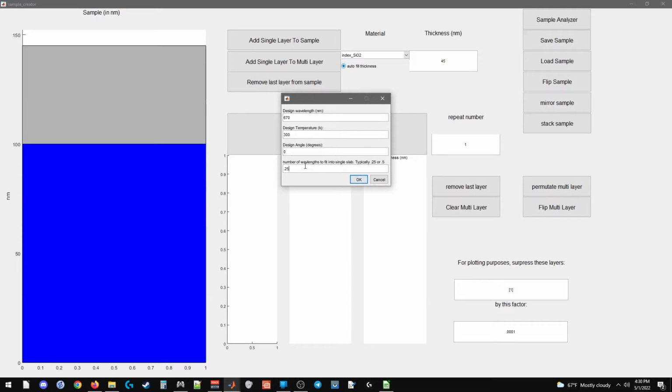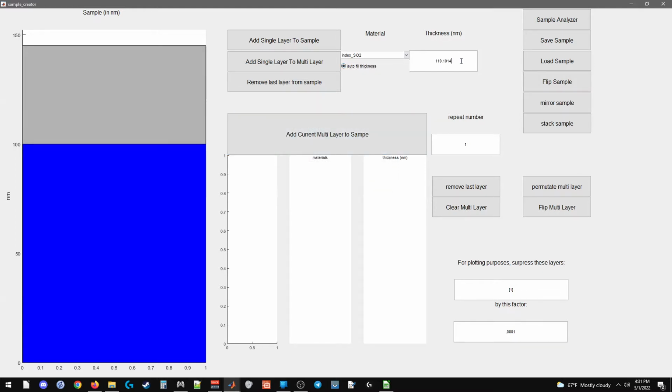And if you recall, the way you make a DBR, a distributed Bragg reflector, is that you make each layer of it 0.25 wavelengths. Now that's wavelengths in the material. So really it's 670 divided by 4n, where n is evaluated at 670 nanometers, 300 kelvin, and 0 angle, if you're going to have an angle-dependent index of refraction. So now we hit OK, and now it'll automatically populate this with the relevant number for you